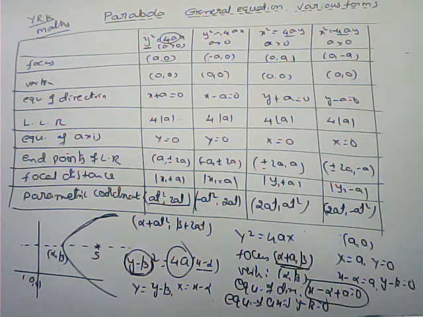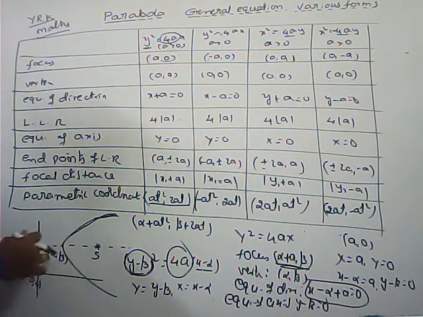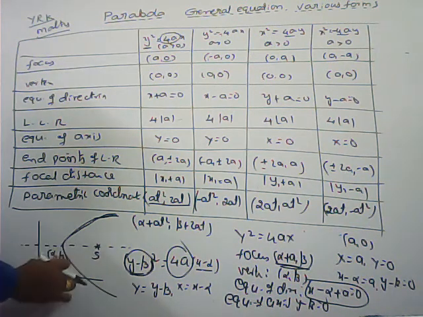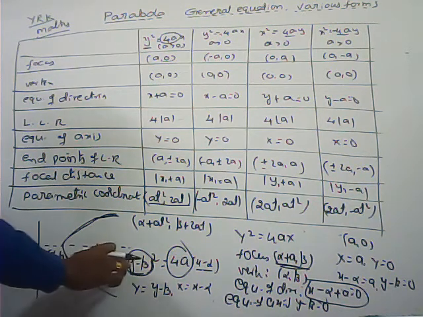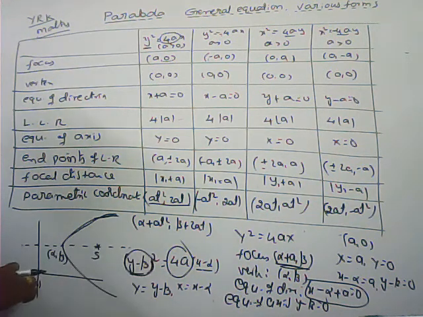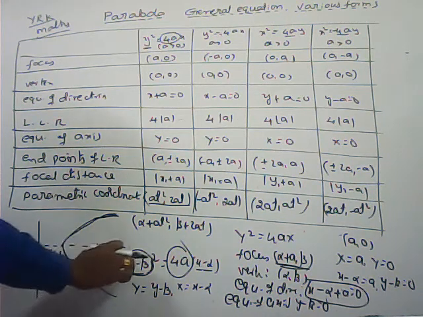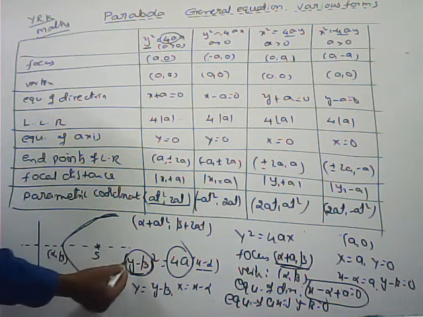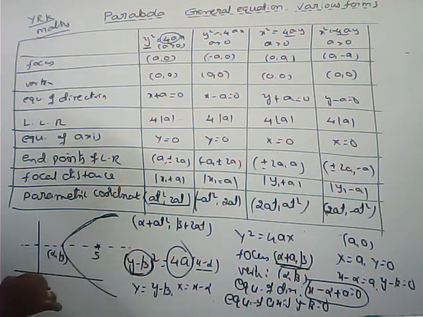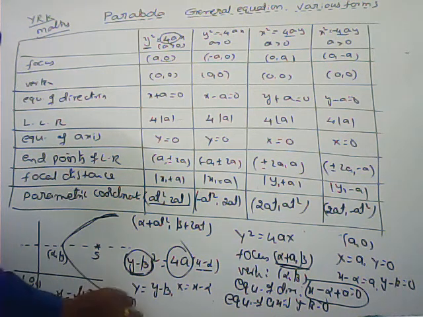If any equation of the parabola is given, how to write all these terms. Now one more thing, here the equation of the parabola whose axis is parallel to x axis and symmetric about the direction parallel to x, that is y minus beta whole square equals to 4a into x minus alpha, with origin shifted to some other point alpha beta. Sometimes we can write this one also. Here y square terms we are getting, x is single only. So x equals to ly square plus my plus n also we can write.